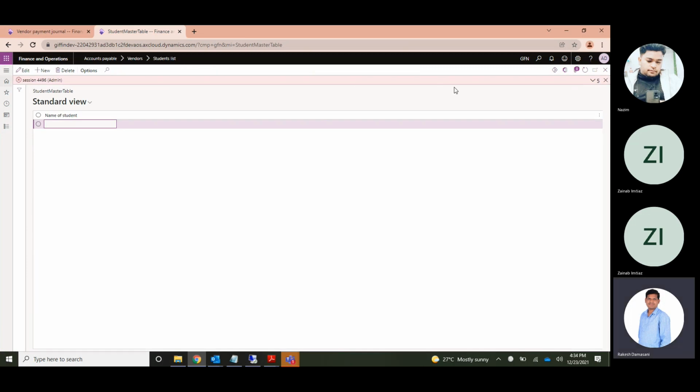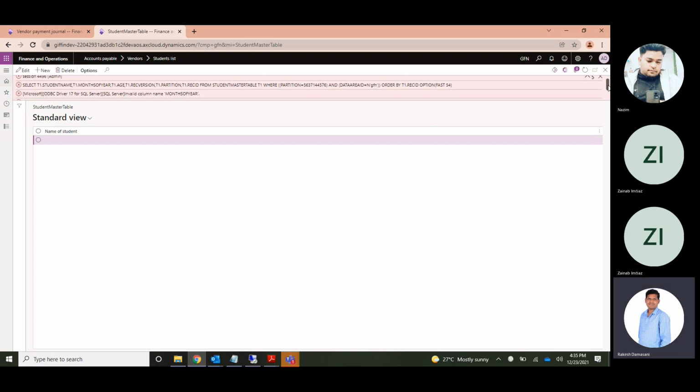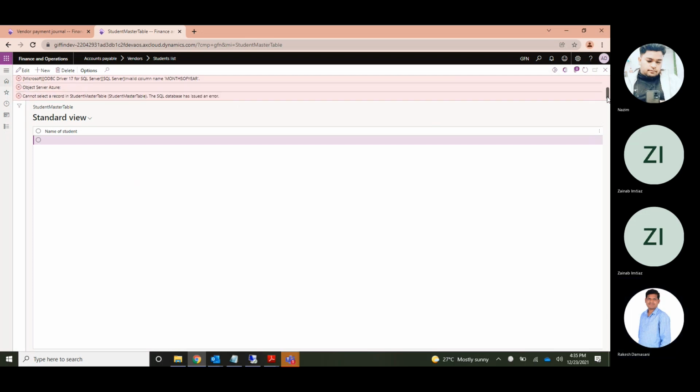See, I have added fields, but I got this error. It says invalid column months of year, and that the SQL database has issued an error. You also might be getting this error.